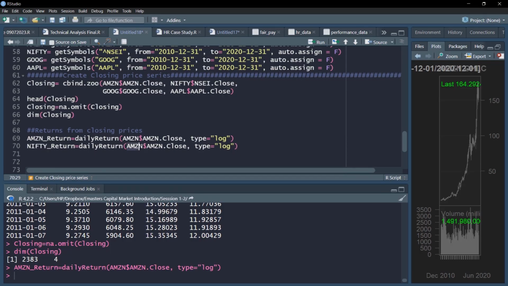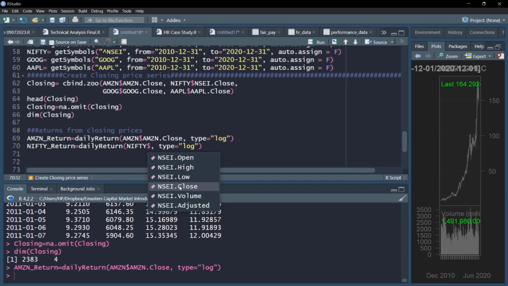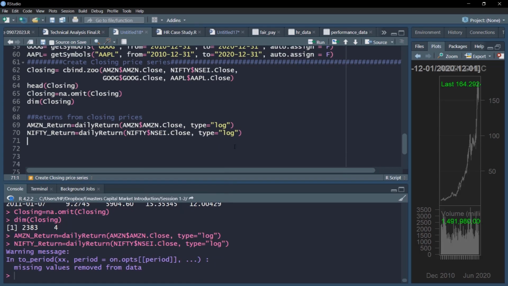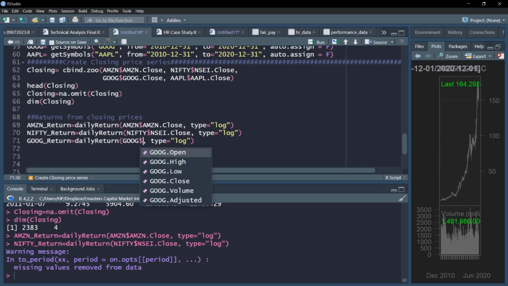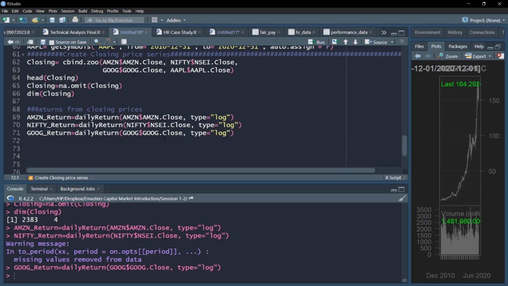All we need to do is give here Nifty and then select the closing prices for Nifty, which is NSCI close. So this is next. Next I need to have Google returns, so we'll use Google closing prices. So I'll use the Google closing prices. Lastly we have Apple, so we'll use the Apple closing prices,